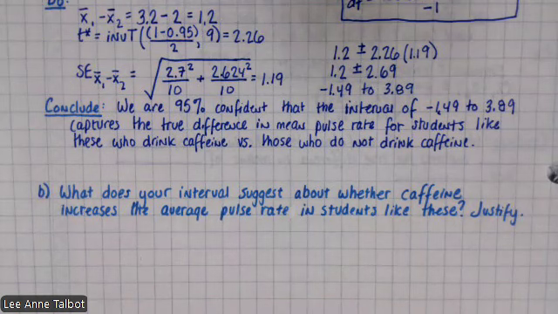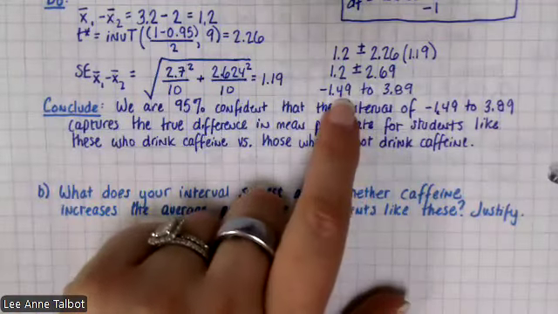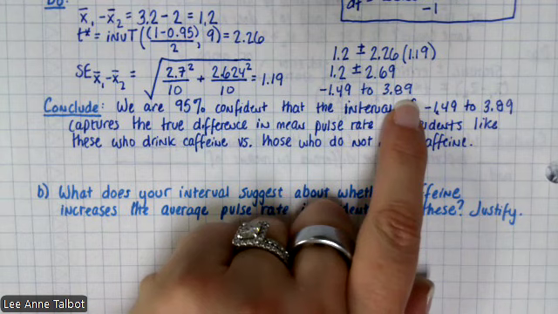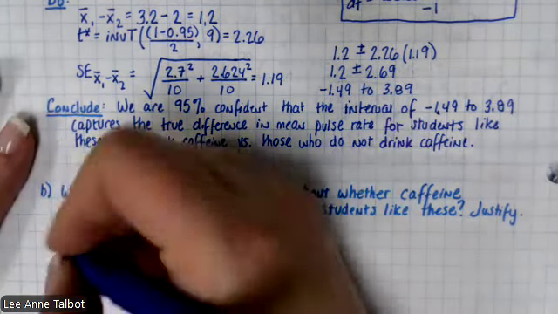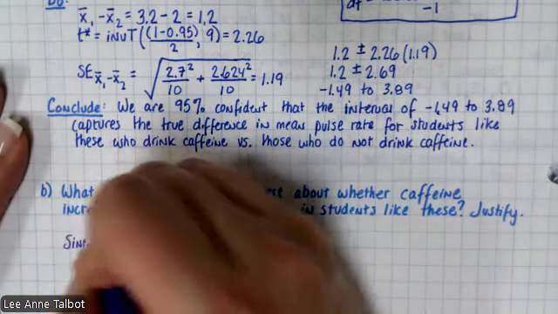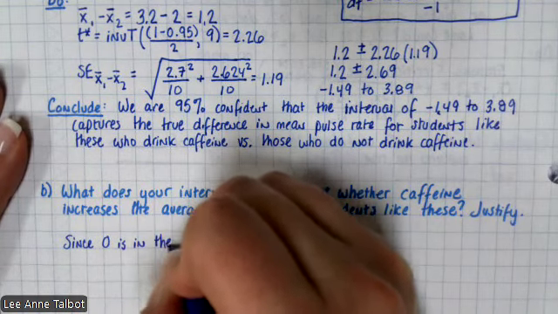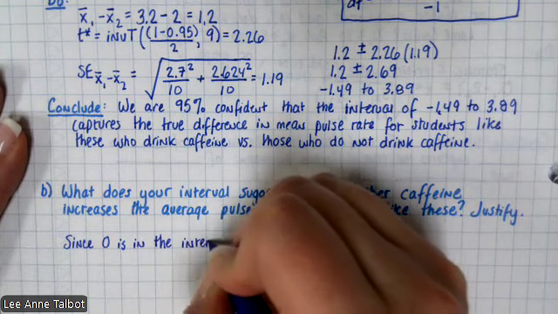So you should be able to answer this question with what you already know about confidence intervals. Do you notice that this goes from negative to positive? So is 0 in the interval? Yes. Okay, so since 0 is in the interval,